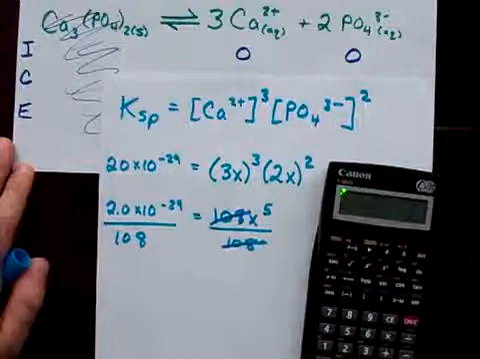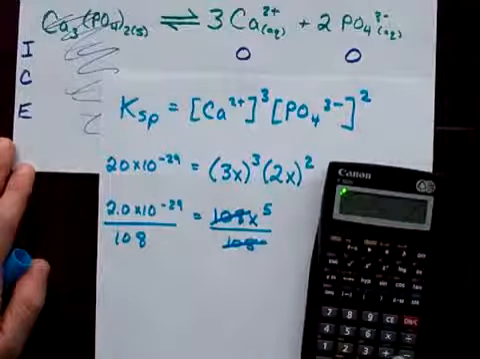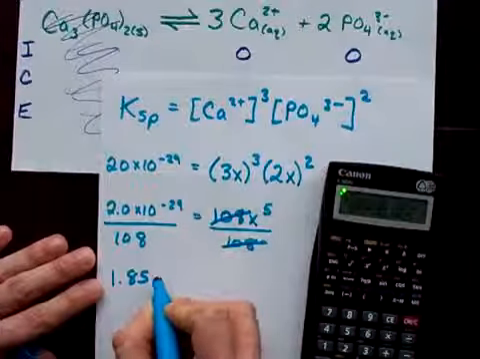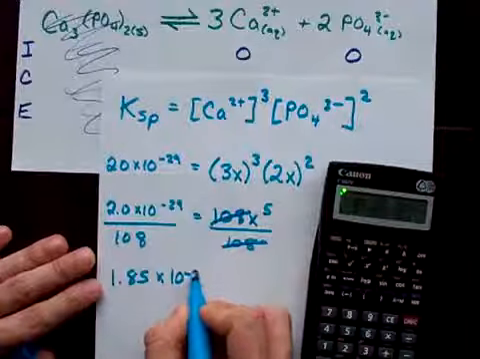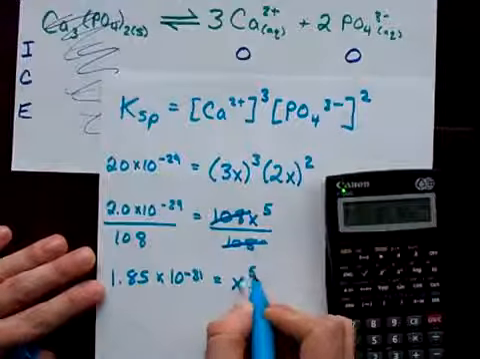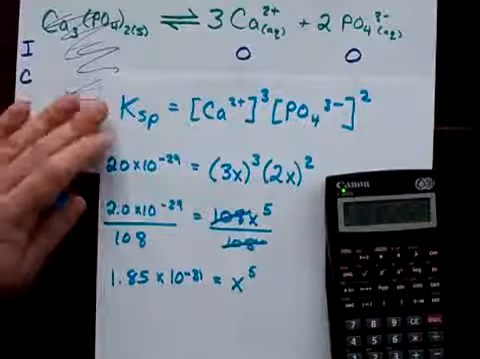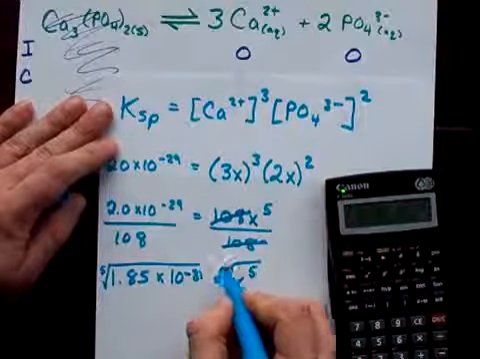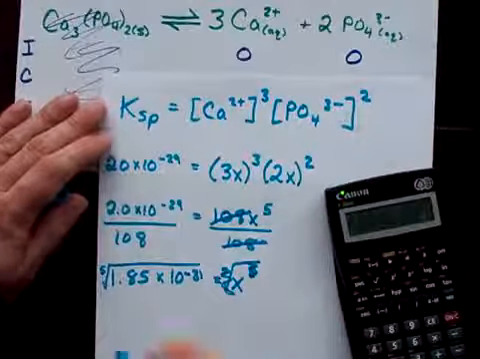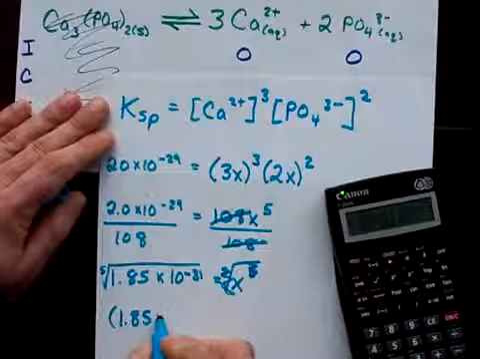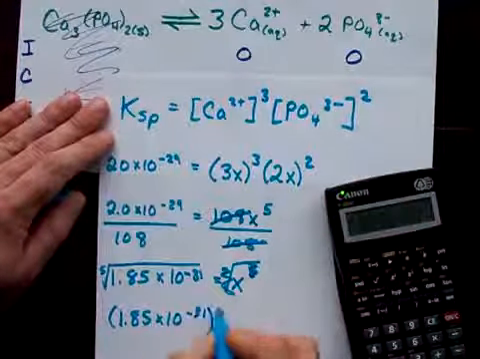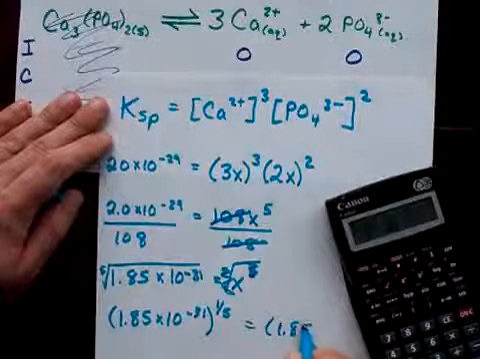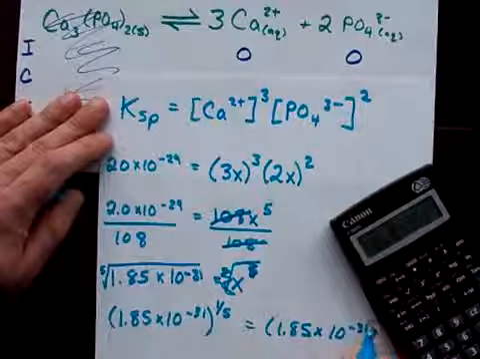That gives me 2 times 10 to the minus 29 divided by 108, which gives me 1.85 times 10 to the minus 31. And how do I undo it to the power of 5? It's called the 5th root. That 5th root cancels out the power of 5. On your calculator, you may prefer to just use your to-the-power-of button. It's to the power of 1/5, or again, if you don't like fractions, it's 1.85 times 10 to the minus 31 to the power of